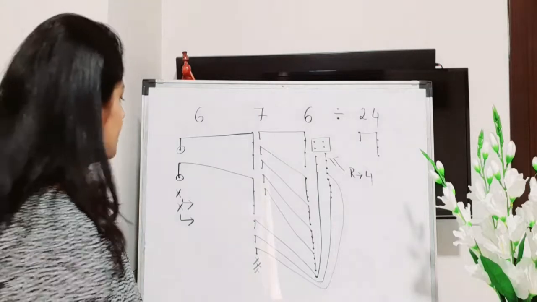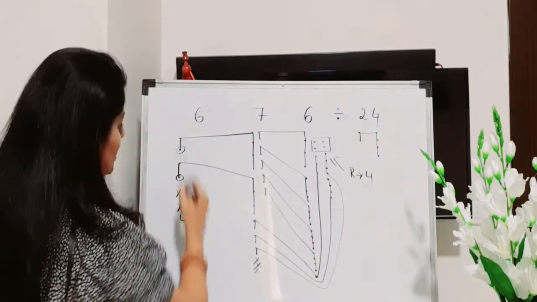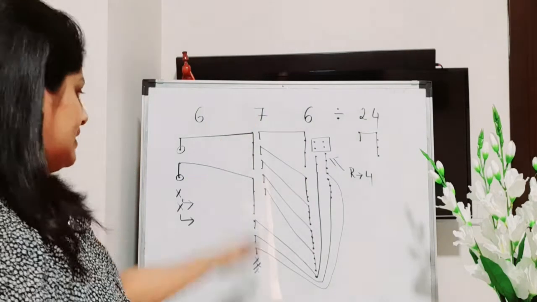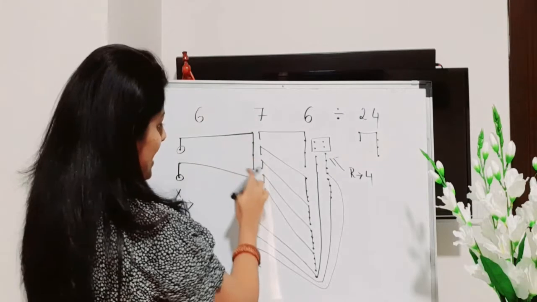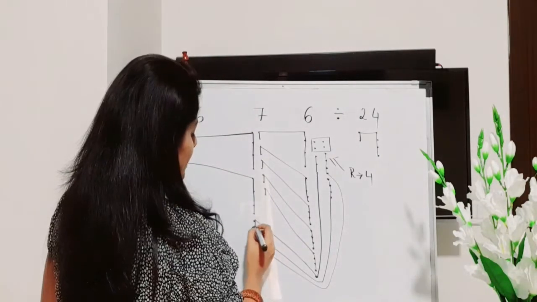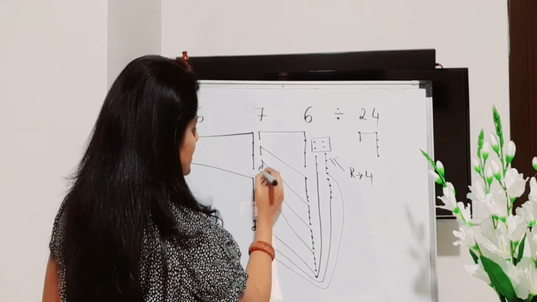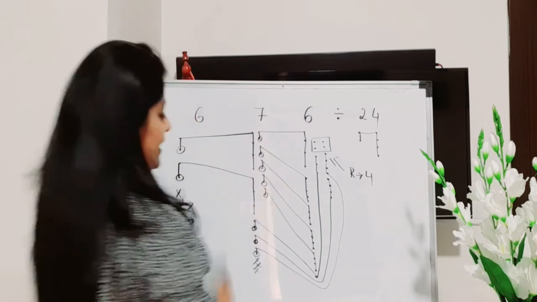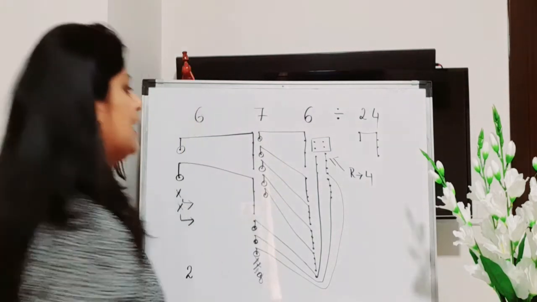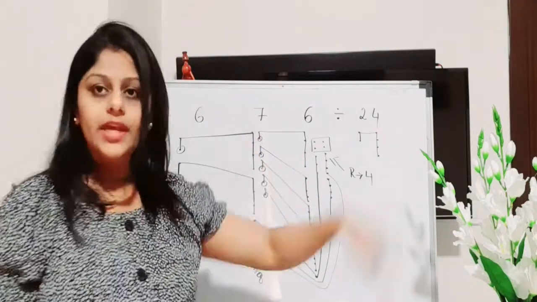And how do we write the quotient? We have to count the number of beginnings in each column. In the first column we have 2 beginnings. In the second column we have 1, 2, 3, 4, 5, 6, 7 and 8, so 8 beginnings. And in the third, do we have any beginning? No, it is just the ending of the groups, correct?